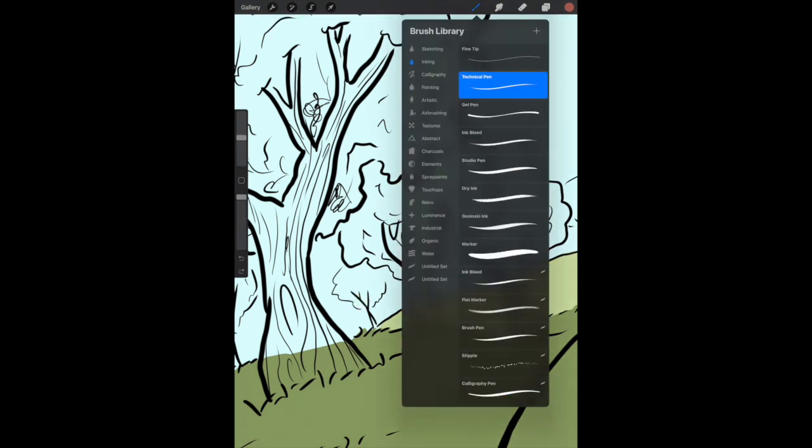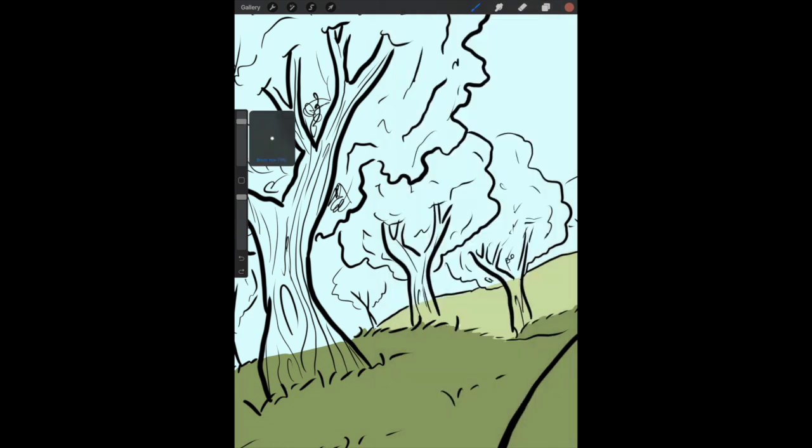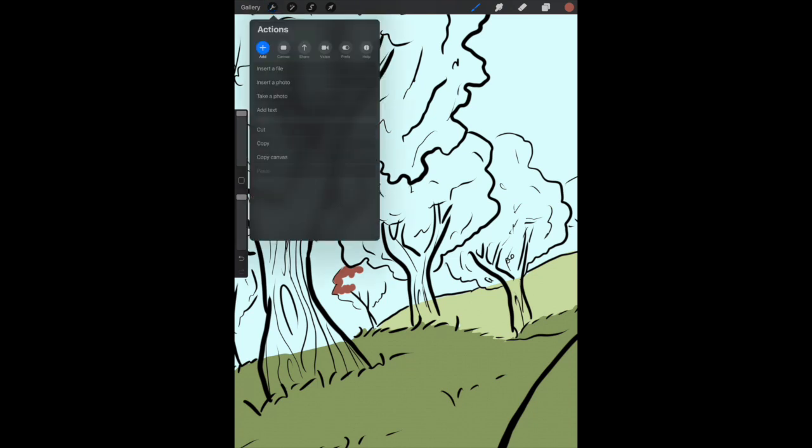And with this, I'm going to use my inking technical pen. I'm going to turn the brush size up to about 100 for this, and that will vary depending on your canvas size. Just to let you know, the canvas size I'm using right now,